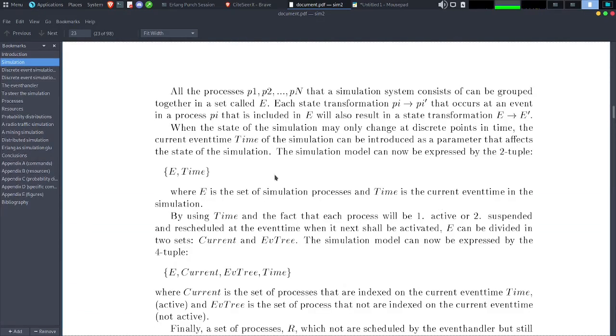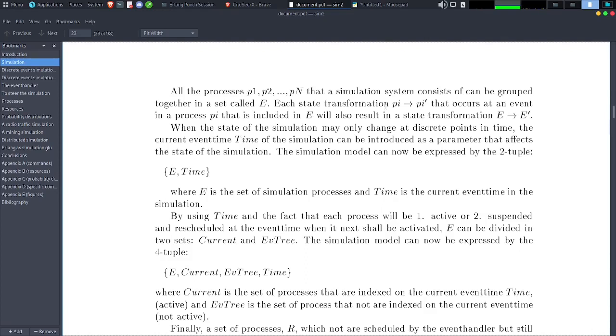All the processes P1, P2 to Pn that the simulation system consists of can be grouped together in a set called E. Each state transformation Pi to Pi' that occurs at an event in a process Pi that is included in E will also result in a state transformation E to E'.